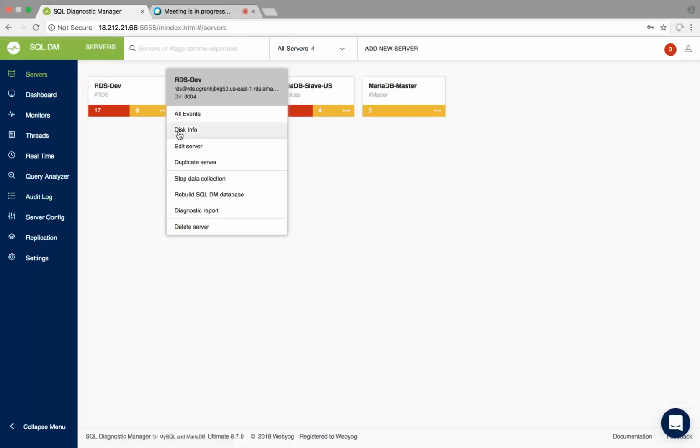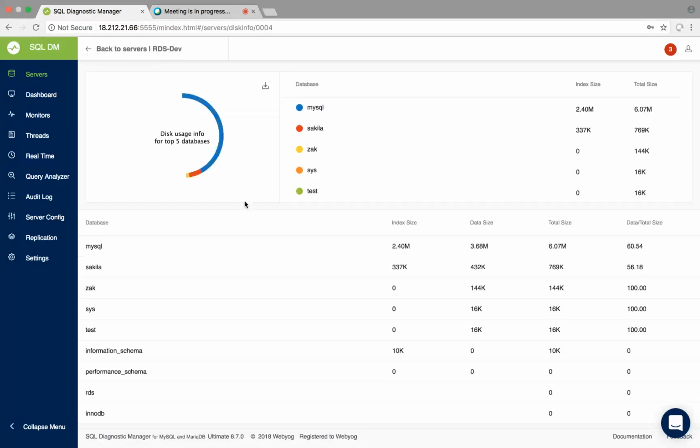Also, as your business grows, you keep adding more databases, and it's pretty common that you would keep adding more resources or hardware to keep up with the growth spurt. But to do that efficiently, it's important that you get information in terms of the disk usage for the databases that you have deployed. So Monyog provides you the ability to drill down from the database level to a table level. So you would be able to see or spot if the indexing size is going above the data size,